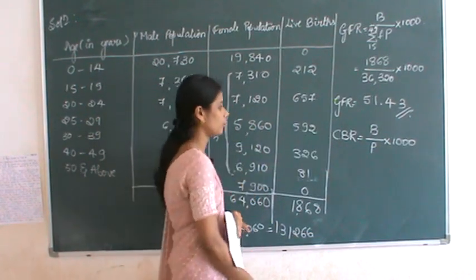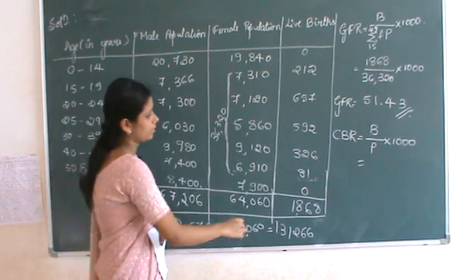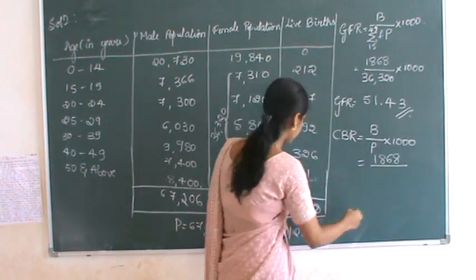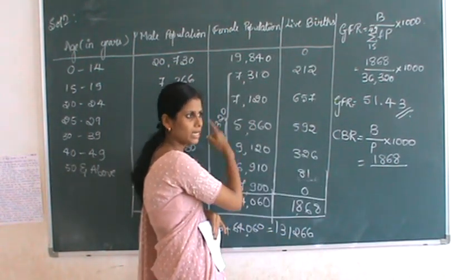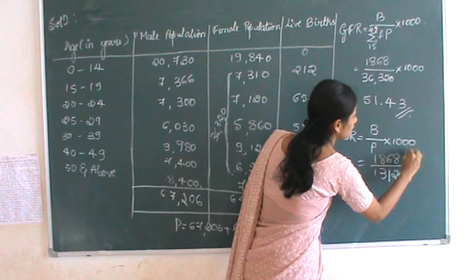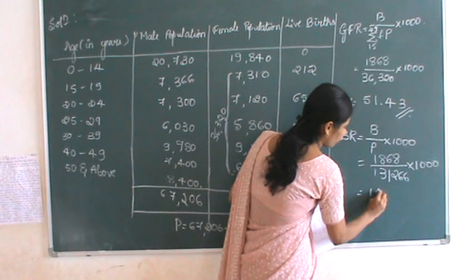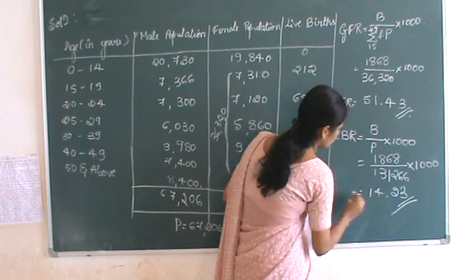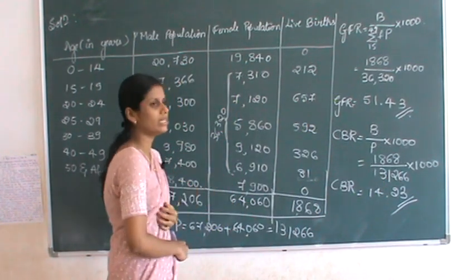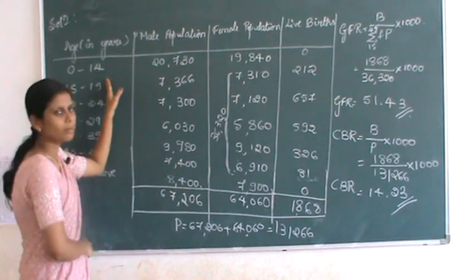Now we apply the formula: live births 1,868 divided by population, 1,31,266, into 1,000. The answer will be 14.23. So CBR is 14.23. Here itself you can find the difference. In crude birth rate, we are not going to consider age composition as well as